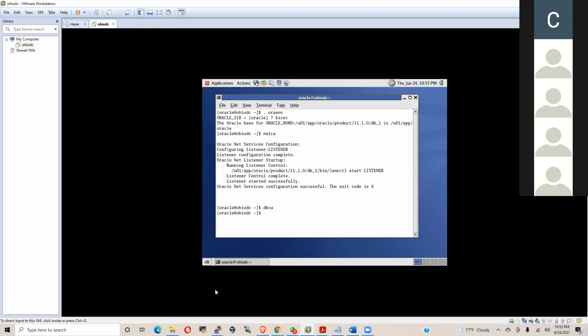Will you fly all the way to the US and go and create a database? The physical machine is not a virtual machine. The physical machine can only be accessed with the help of an IP address, but not the GUI, whereas a virtual machine can be accessed with the GUI also. So assume there is a physical machine in the US. You take a flight ticket, land in the US, go to the data center, open the physical machine, start the DBCA, create one database, and get a flight ticket back to India.